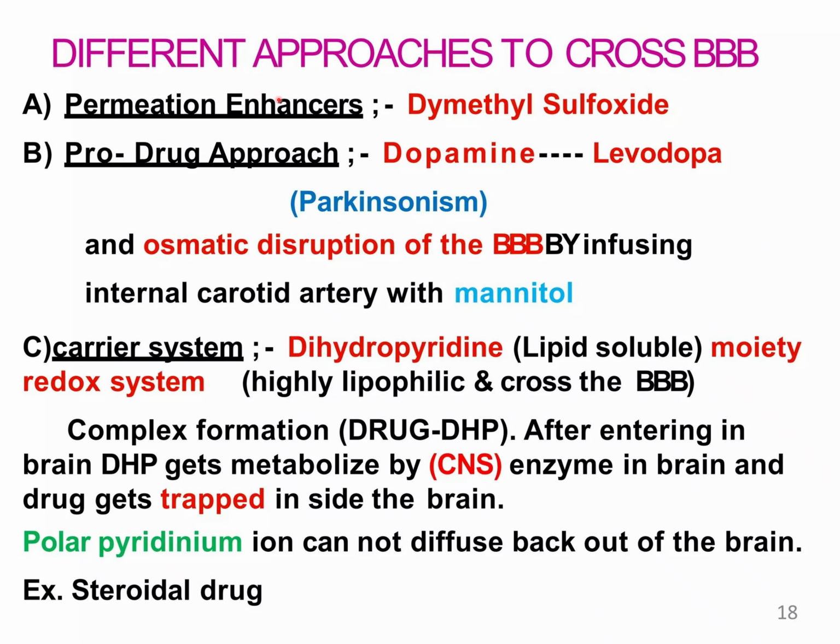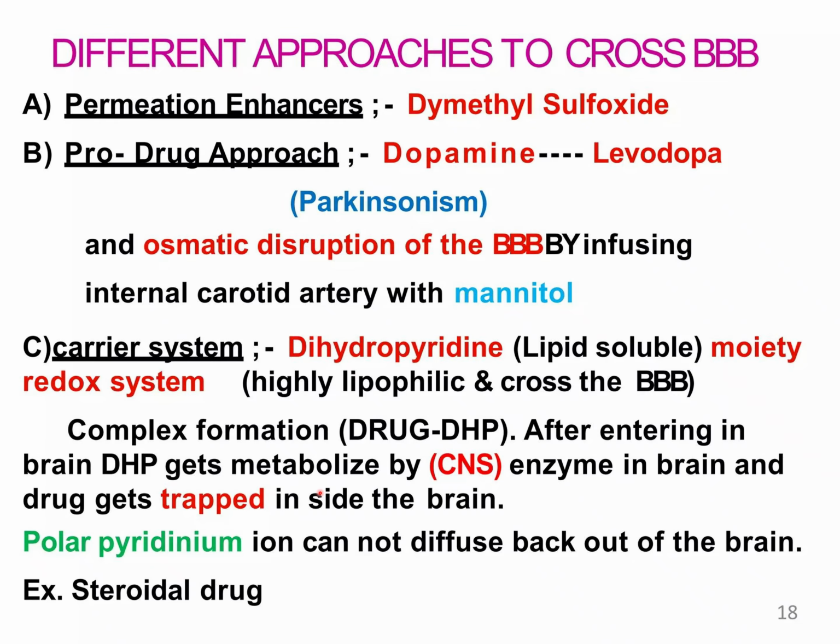However, there are different approaches to cross the blood-brain barrier, like permeation enhancers and the prodrug approach, like dopamine being converted to levodopa, because dopamine is polar and levodopa is non-polar. Then different carrier systems, like the dihydropyridine moiety redox system. Then complex formation. After entering the brain, dihydropyridine gets metabolized by CNS enzymes in the brain and the drug gets trapped inside the